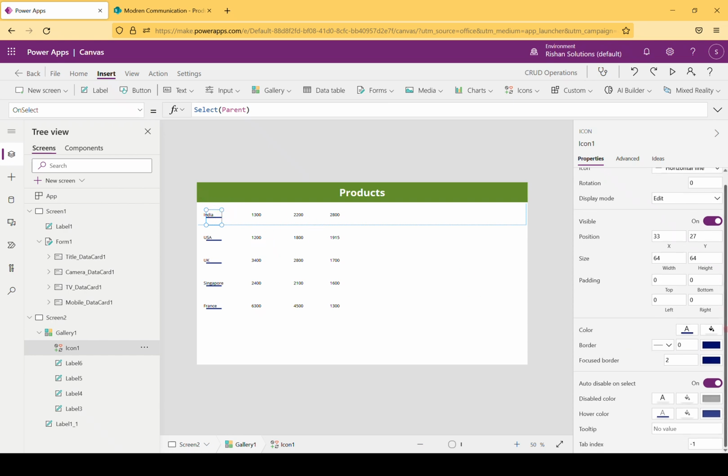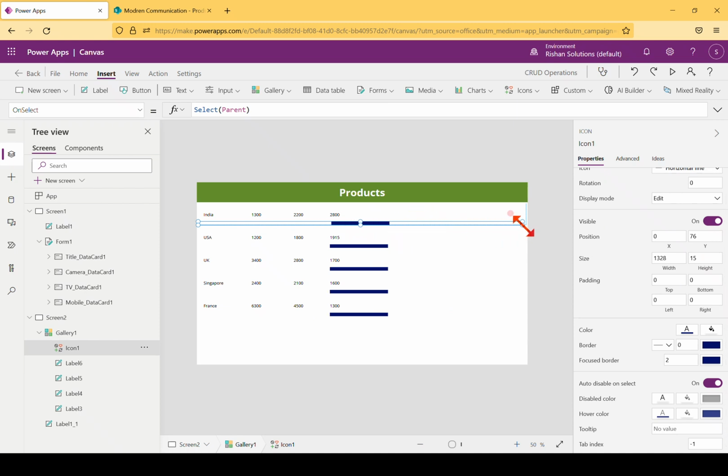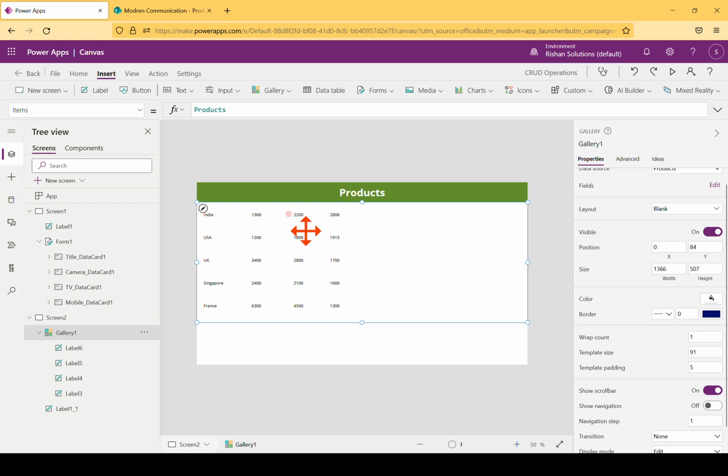Okay, now in this horizontal line the position is fine, and I'll change the height to 15, and I'll change the width to 1200. Okay, so now the separator is not looks so good here. Okay, we'll try to change this one to 5. Okay, this is not working as expected. I'll remove this one,